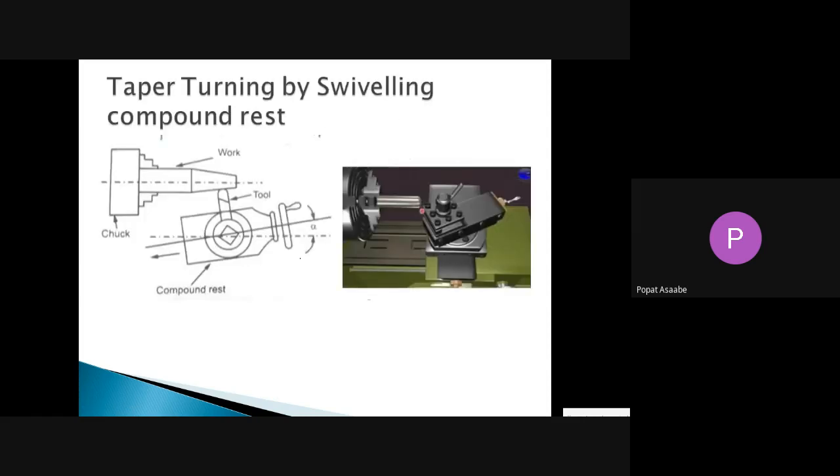Then once we have got the taper angle, in the first method, the swivelling compound rest method, with respect to that much angle we have to swing or rotate the compound rest. ओके, जर आपल्याला तेवढा टेपर अँगल मिळाला आहे तेवढ्या अँगलला काय करायचं, आपण टूल पोस्ट रोटेट करायचा, and then we have to give the feed in this direction. Once the compound rest is rotated up to that particular angle, the workpiece will get the feed in an angular manner. So gradually it will remove the material. It means it will provide the taper. This is called the compound swivelling rest method.